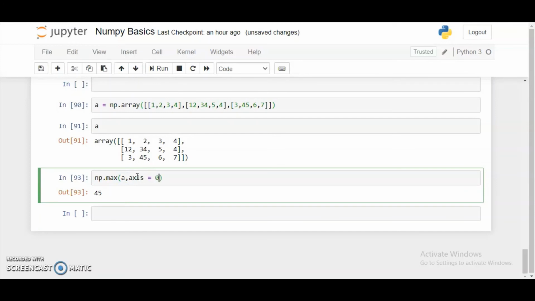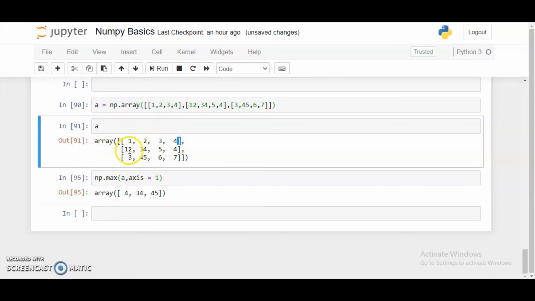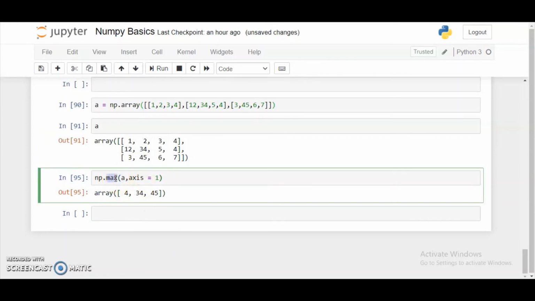Axis equals to 0 means the downwards part, right? Now here I'll be getting the maximum element along the columns. If I just put it 1, then I'll be getting the maximum element along the rows. So here the maximum element is 4, here the maximum element is 34, here it is 45, like this, right? So the same thing goes for minimum also,